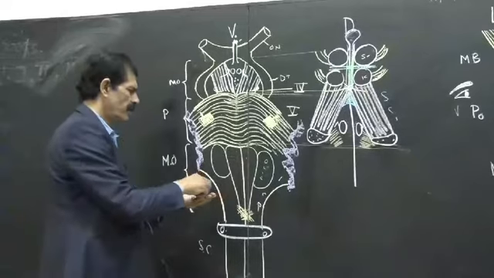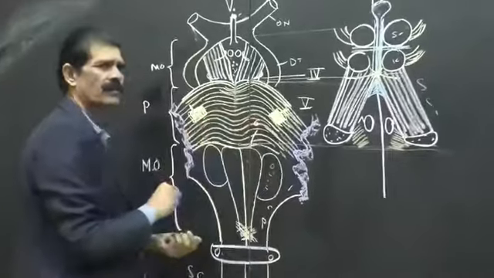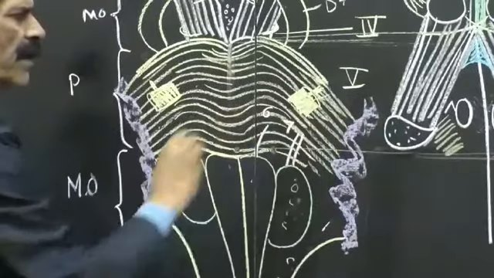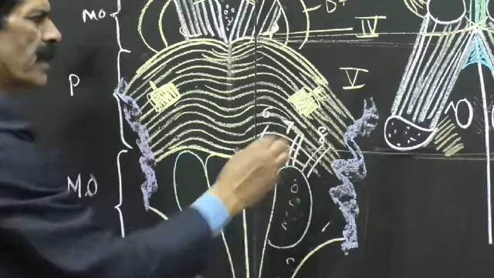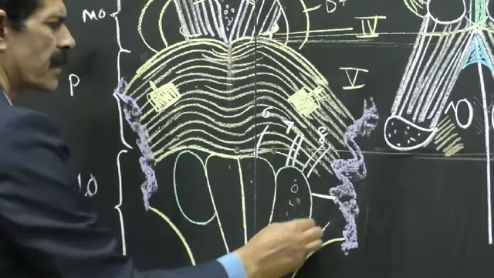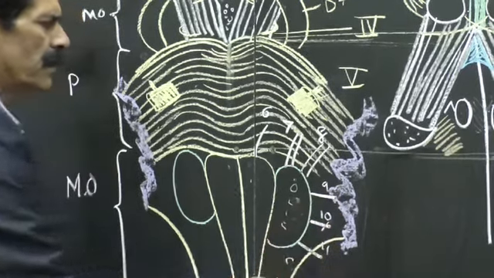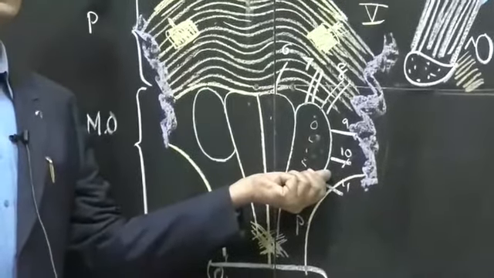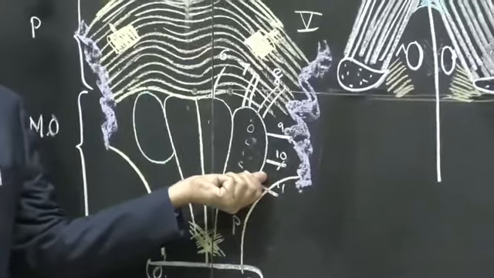Above the pyramid, one single line depicts the 6th nerve. Above the olive, 2 lines depict the motor and sensory divisions of the 7th nerve. Again 2 lines over the olive depict the vestibulocochlear nerve. Lateral to the olive, 3 lines: 9th, 10th and 11th. So these 3 nerves are together, as we have seen in the jugular foramen also. 9th, 10th and 11th, they have a very close friendship.